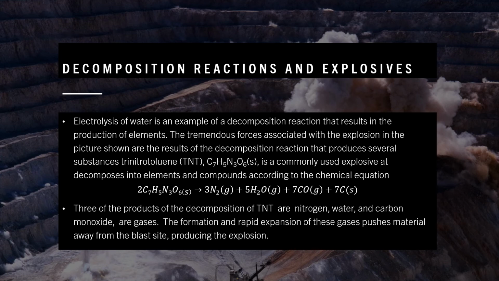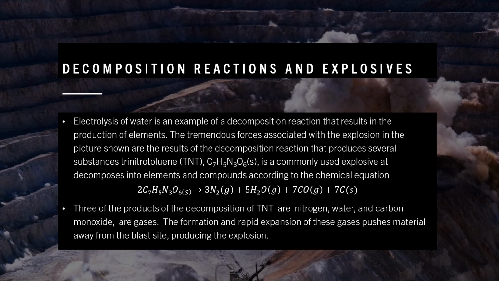Electrolysis of water is an example of a decomposition reaction that results in the production of elements. The tremendous forces associated with the explosion in the picture shown are the result of a decomposition reaction that produces several substances: